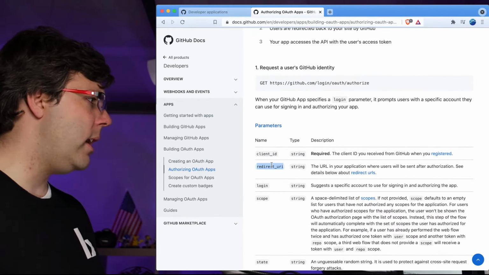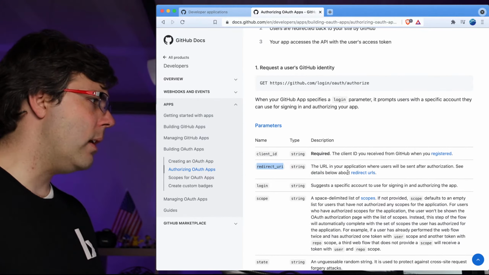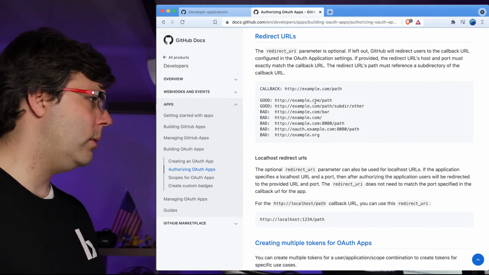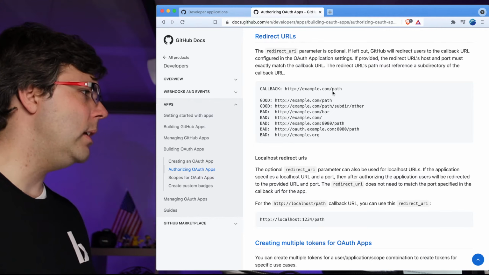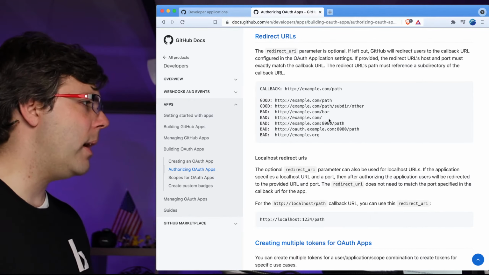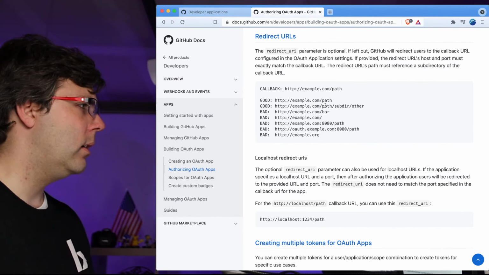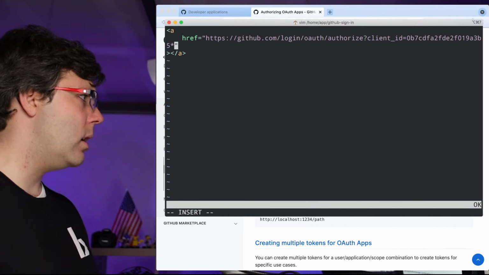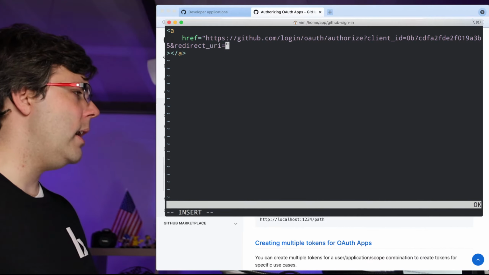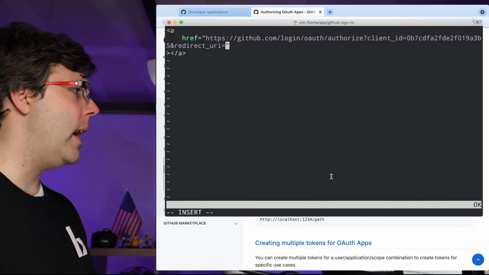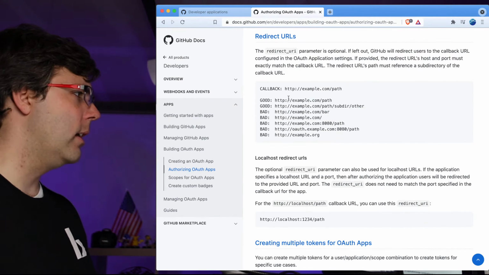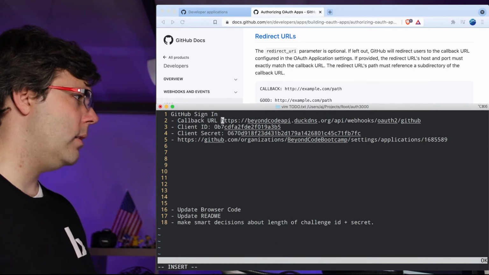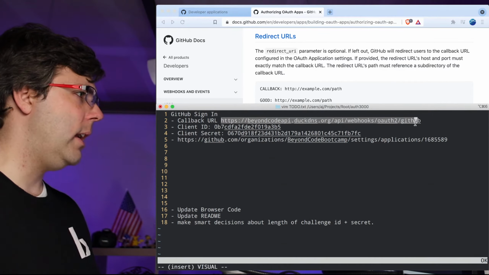All right, we need to have client ID. We need to have redirect URI. Let's see, good, bad, what's bad about this? Callback. Okay, so it needs to be a subpath of the callback. All right, cool. So our redirect URI is going to be, and I actually need to encode this, so give me a second here. There's our callback. So let's take this,